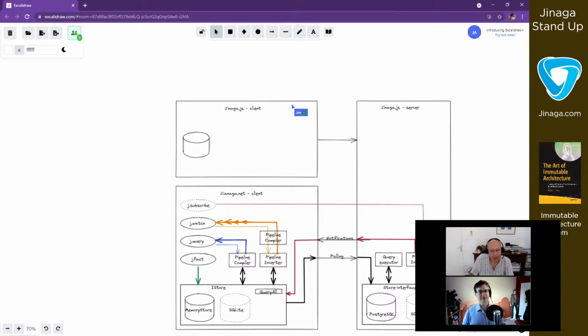So the store is not really the driver in that interaction. So I should have another layer in between here. Yes, I would say it's really a layer that's around the store, the pipeline compiler, and the pipeline inverter. Those are all components that are working within that.